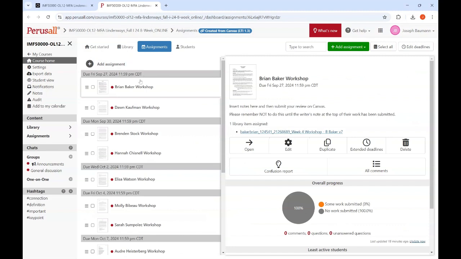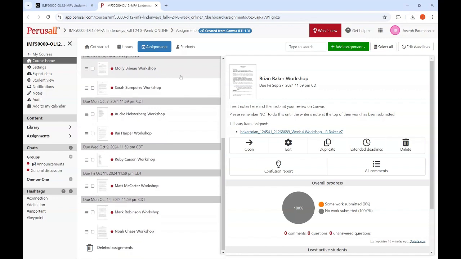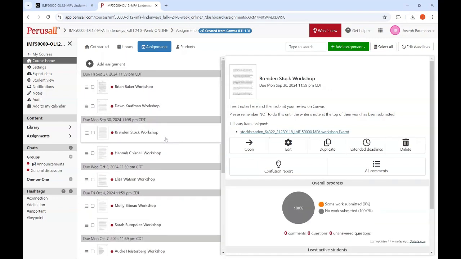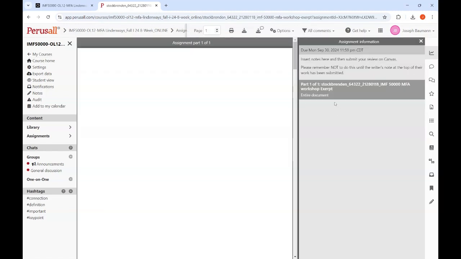But if you're on this, it will be a list of all of our workshops by name. Depending on your class, the names will look different. So all you have to do to annotate yours is find yours. They should be listed in the order in which they are due. So if you've taken a look at the schedule of when you're getting workshopped, you will know that. I'm just going to go ahead and click on a random one. And in order to open it, whether it's yours or not, you're just going to click open,